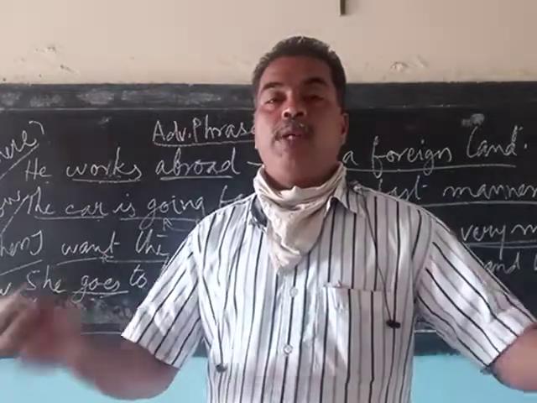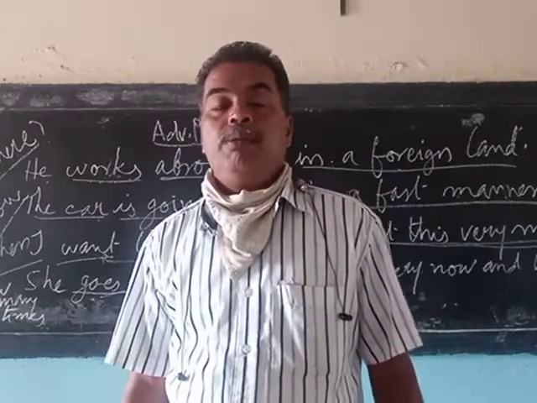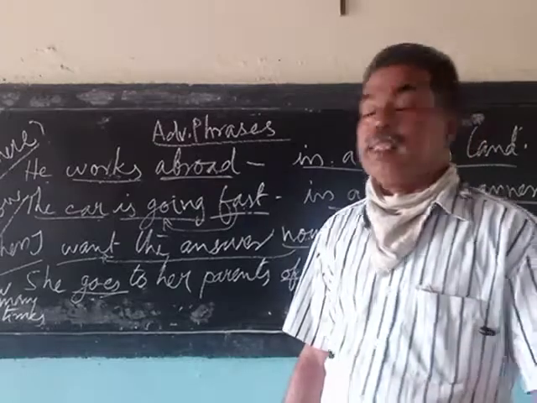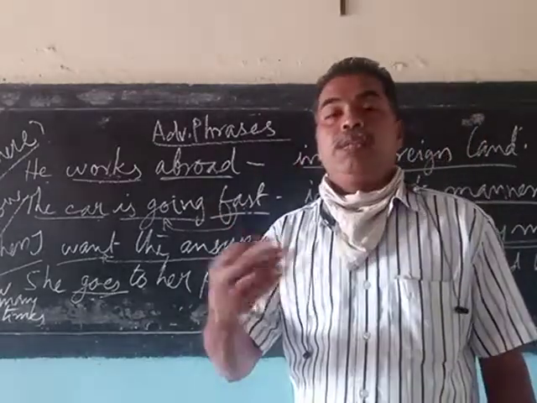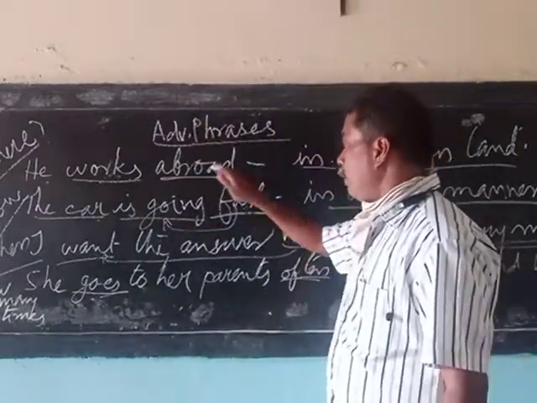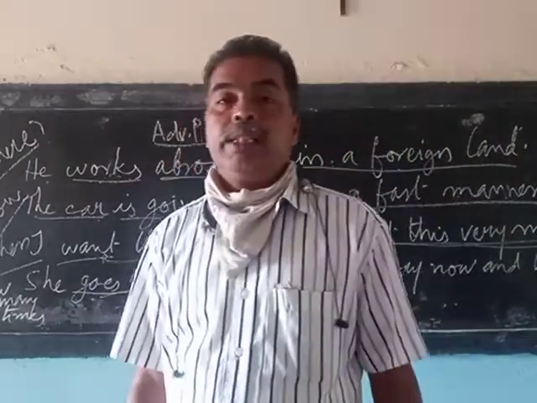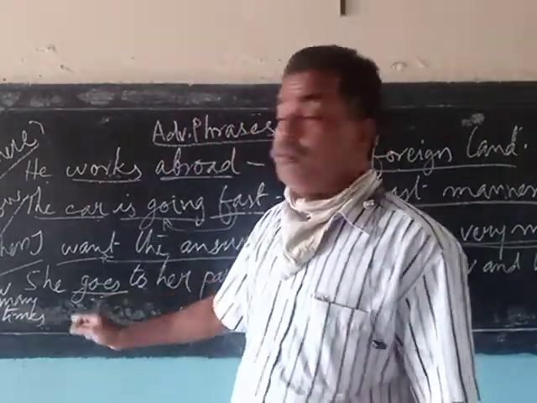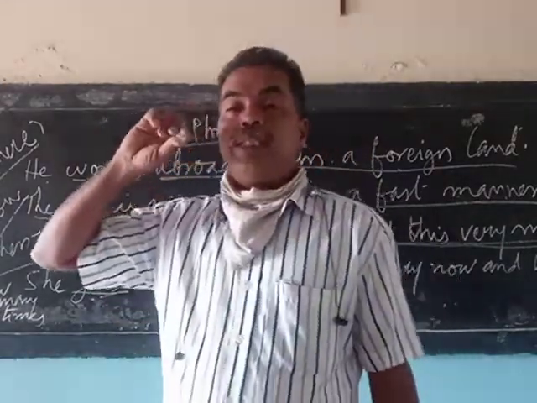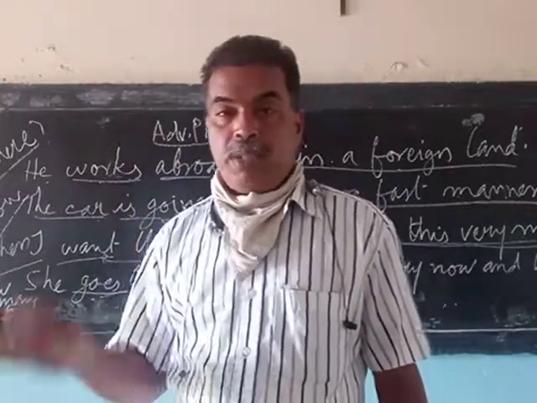So this is basically what we have to learn about adverb phrases. Please go through the material in your textbook, the pages I had sent. You have all these and a few more examples given there, on how adverb phrases are made and used in sentences. Is that clear to you? Adverb phrases are phrases that are used in place of adverbs, to modify a verb.